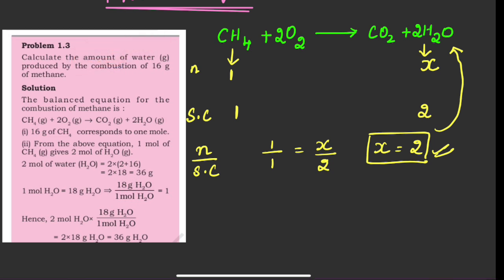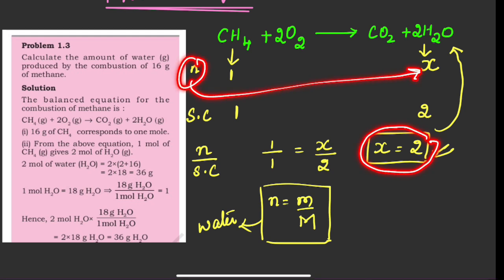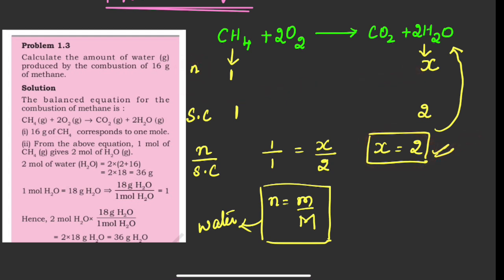So again use the same formula. That is, the number of moles is equal to mass by molar mass. So this we are going to use for water. So the number of moles N, we have taken as X, and X value we have got as 2. So here we are going to write 2 is equal to mass we have to calculate divided by molar mass